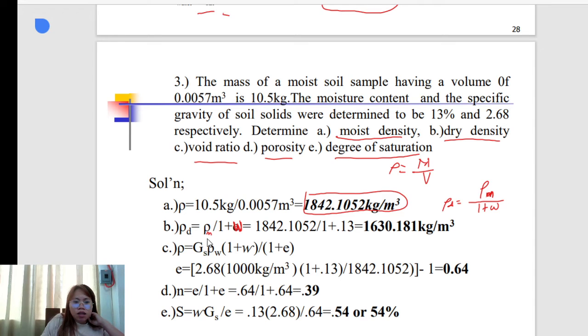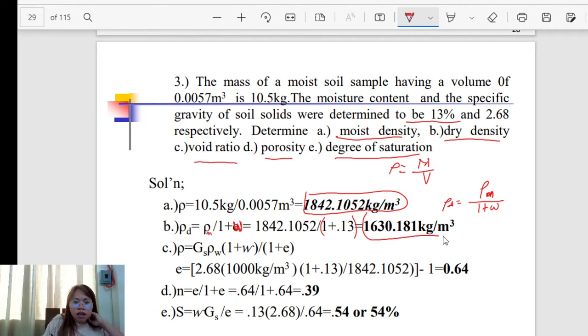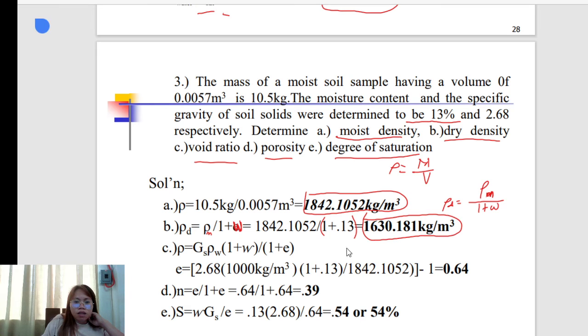So the moist density is already solved, 1842.21052. Substitute, plus 1 plus the water content, which is equal to 13%, 0.13. So the answer for the dry density is 1630.181 kilogram per cubic meter. For the letter C,